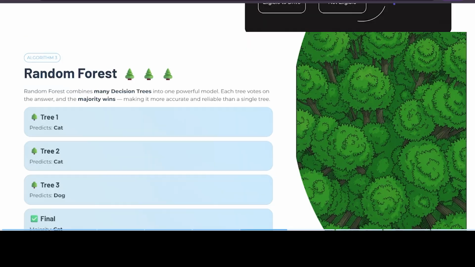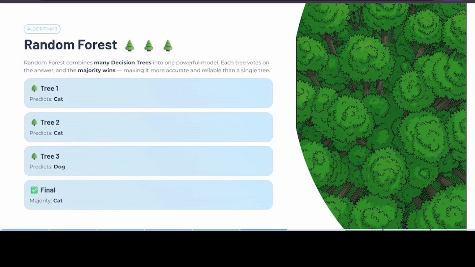Next, we are going to see random forest. Now imagine something. Suppose you are very sick. Will you trust only one doctor's opinion? Maybe you will, but if five experienced doctors examine you and four of them say the same thing, you will probably trust that answer more, right? That is exactly how random forest works. Instead of using one decision tree, it makes many decision trees. Each tree gives its own prediction. For example,